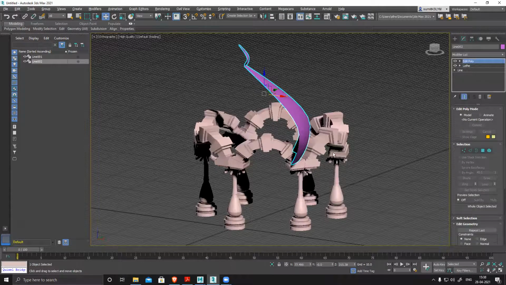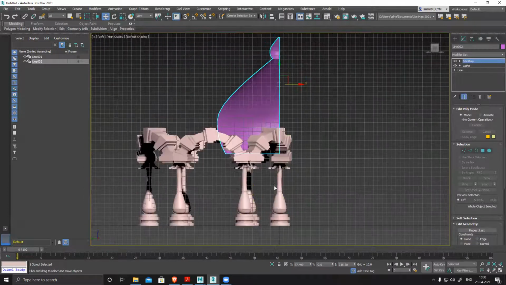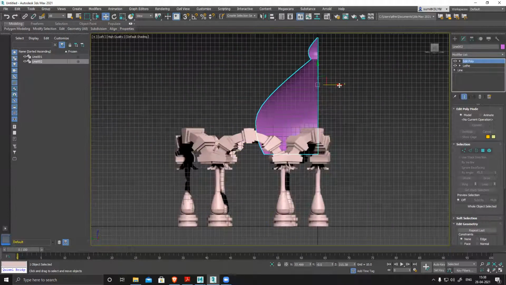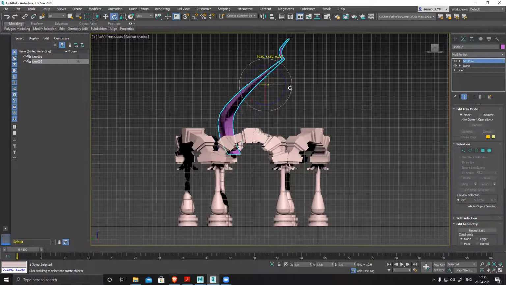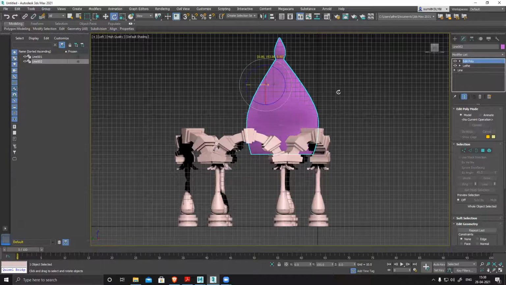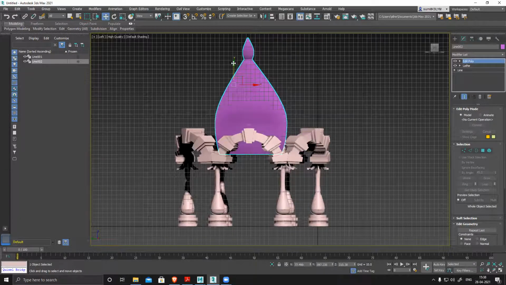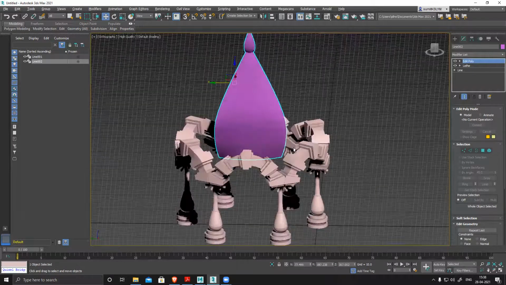And now let's go to the left side. Now I want to rotate this and align it with my shape, like this.